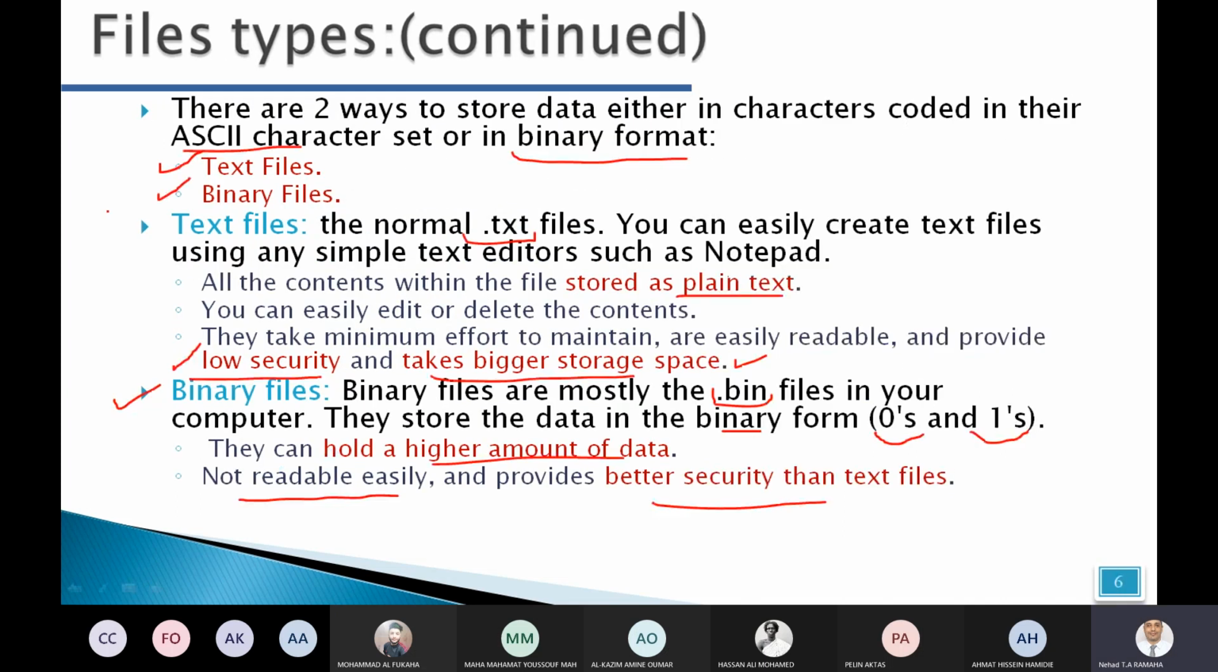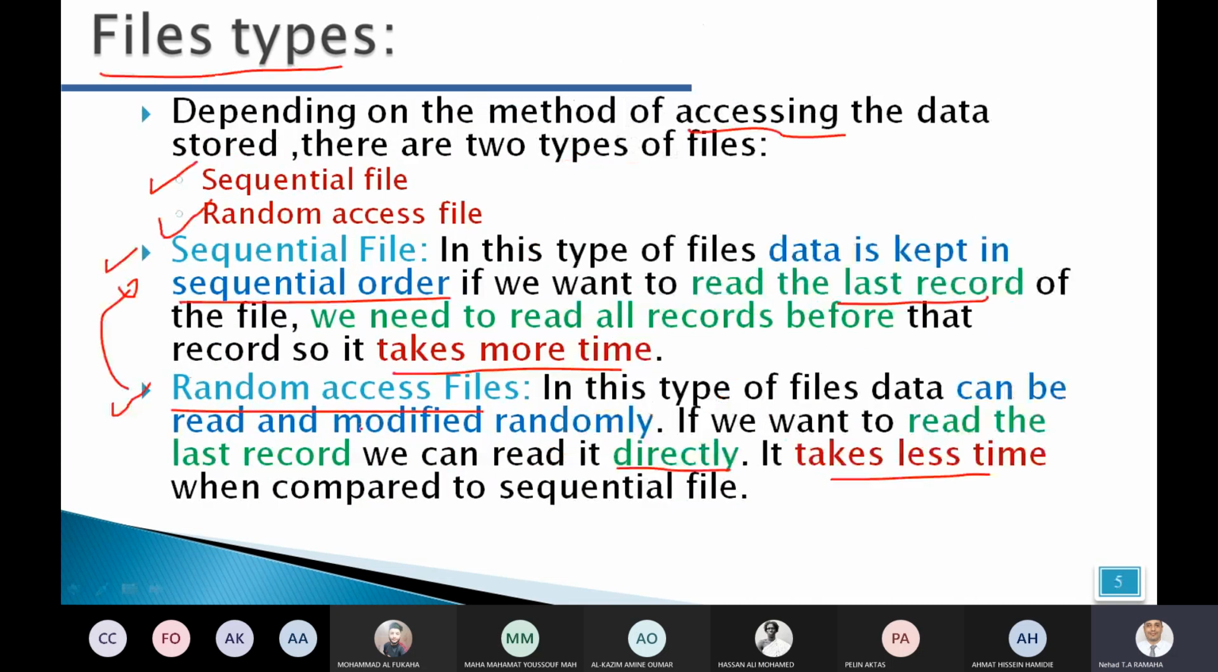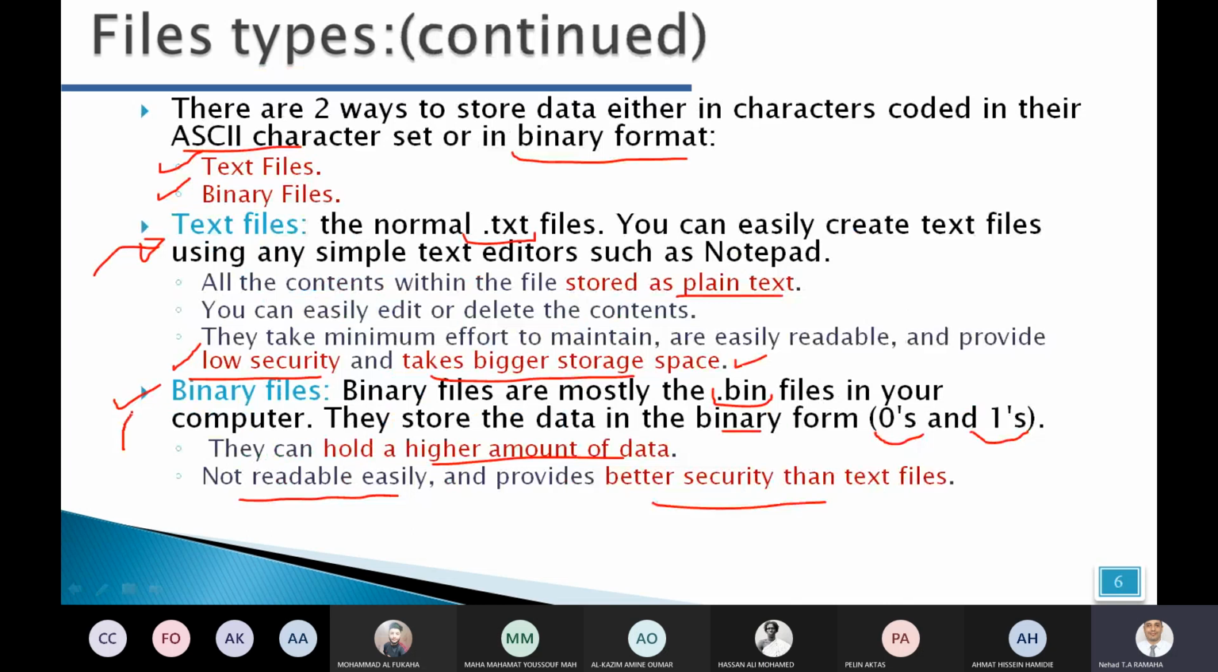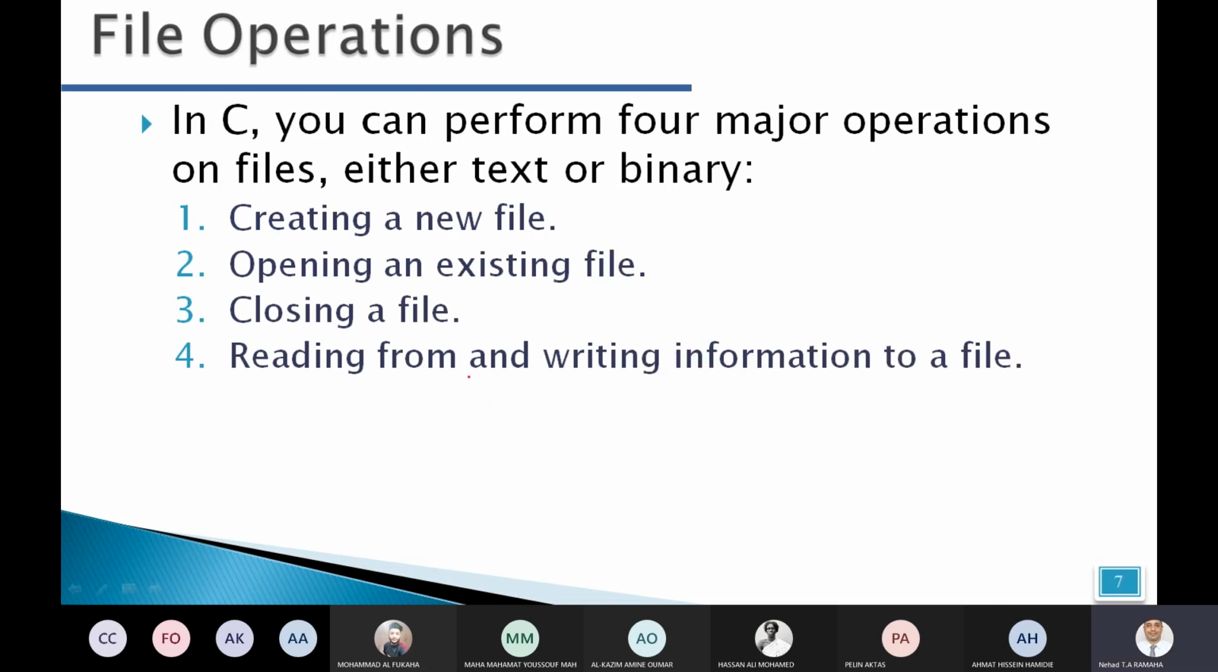Today, of course, we will take sequential files, so we will focus on text files and sequential files. Inshallah, next week we will take random access files, which will usually use the type of binary files. Okay, what operations can we do on files? You can create a new file, you can open an existing file, and it's better to close the file correctly